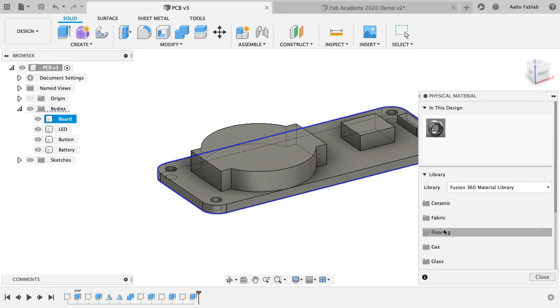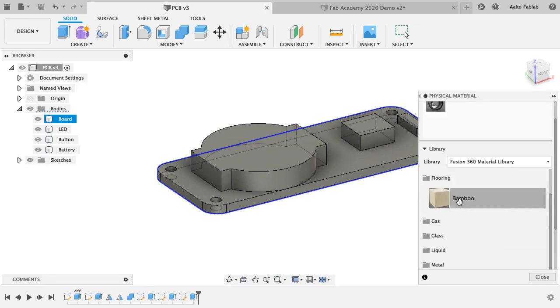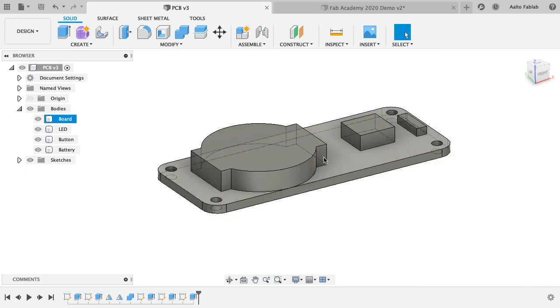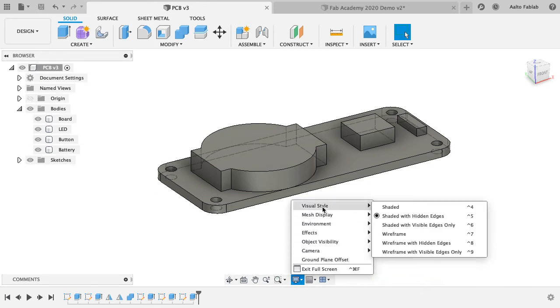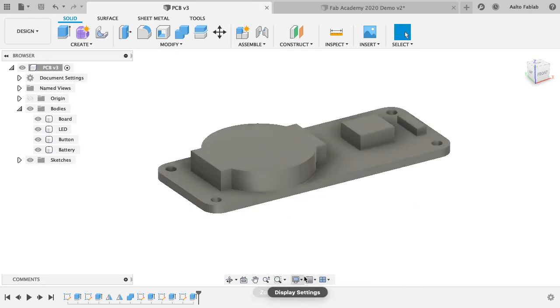So let's make this something like bamboo. And then in order to see the materiality, we can change the display settings. So visual style, shaded,